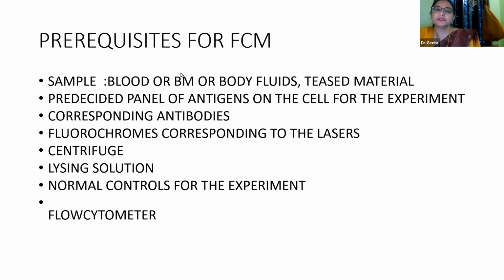So we have various types of flow cytometers available, ranging from basic 4 laser to now around 12-15 lasers, which can give you a lot of parameters. So suppose we have a 4 laser instrument, then we can use 4 antibodies plus 2 parameters, forward scatter and side scatter. So in turn, in a single tube, we'll be able to characterize 6 different characters of the cell that is a constituent of the solution.